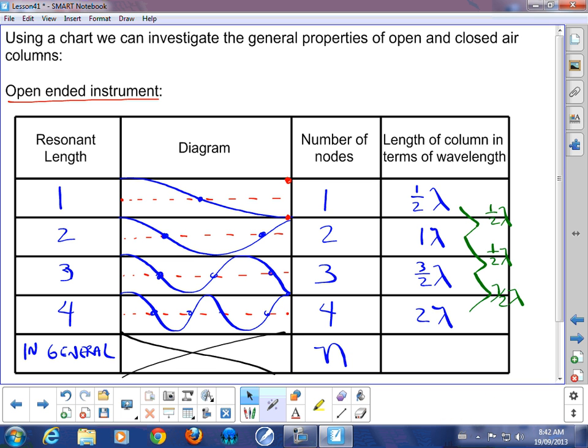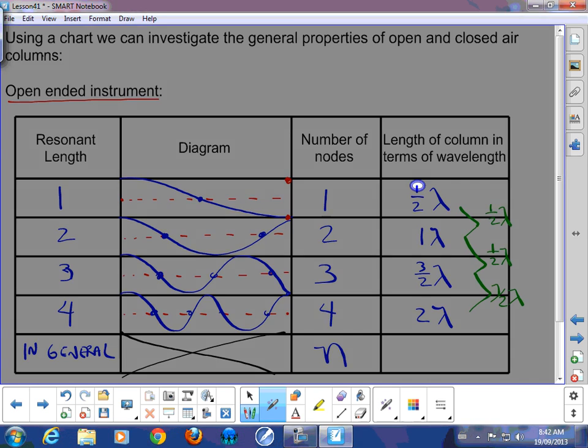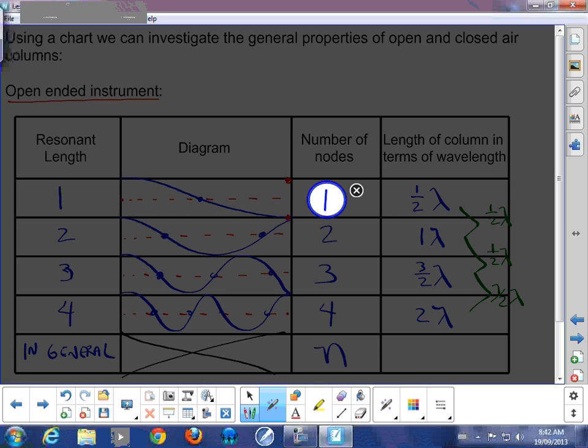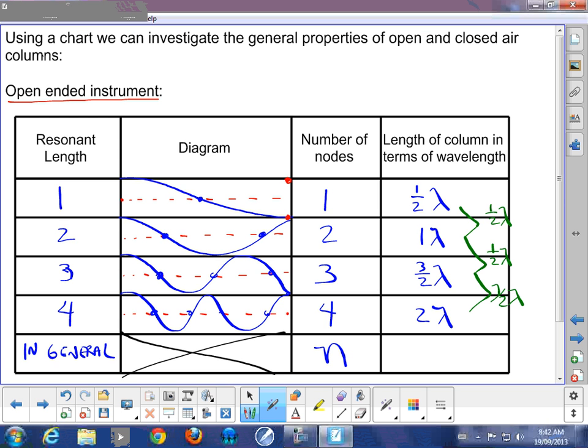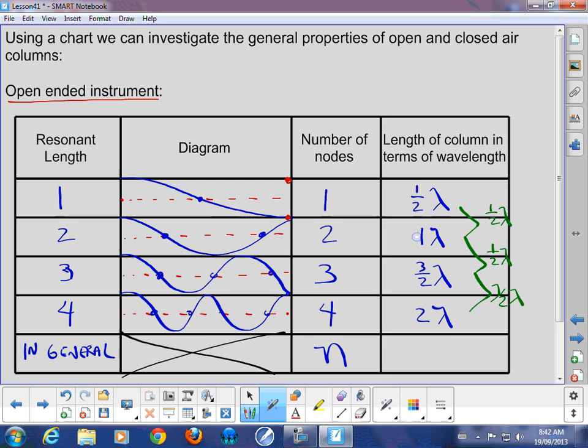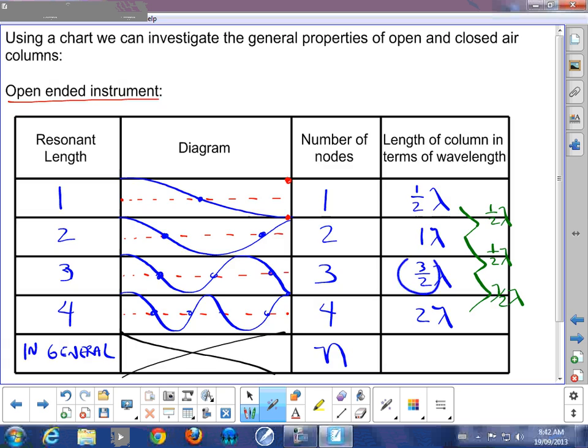We're adding half a lambda, so it's a linear relationship, which means we can come up with a linear equation. If we look at the pattern here, we notice that the numerator always matches up with the number of nodes. Technically this would have been 2/2, 3/2, and this would have been 4/2. So it's just been reduced fractions. So we end up with the general equation of,